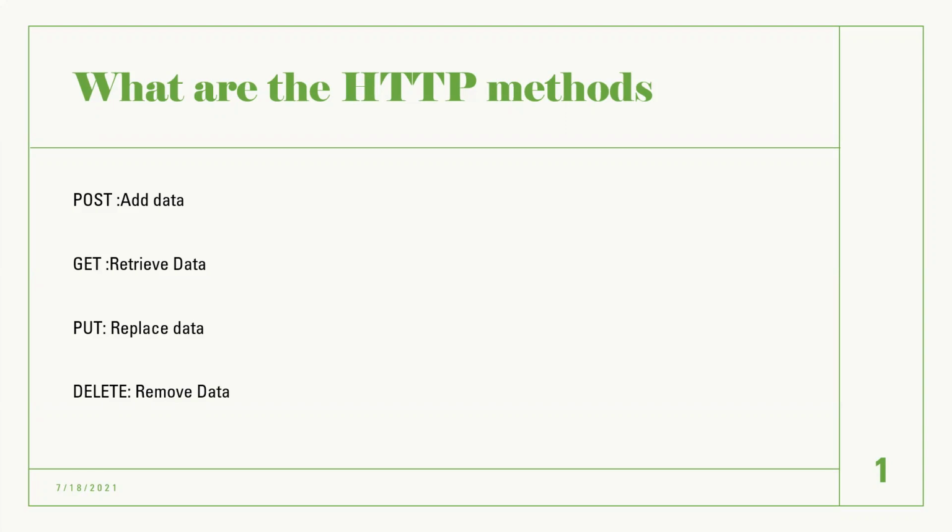Meaning, if you want to create some customer or create a user, you will use a post. After creating, if you want to see whether it is created or not, if you want to see the customer, you will use a get. If you want to update the customer with the second name or last name, or update some data, you will use put. If you want to delete the customer, you will use delete. Patch you will use if you want to update partially. Very specific, if you want to update just one thing, in those cases, you'll use patch.